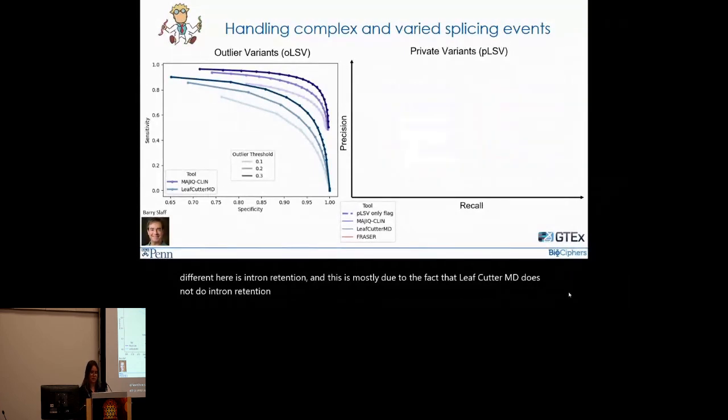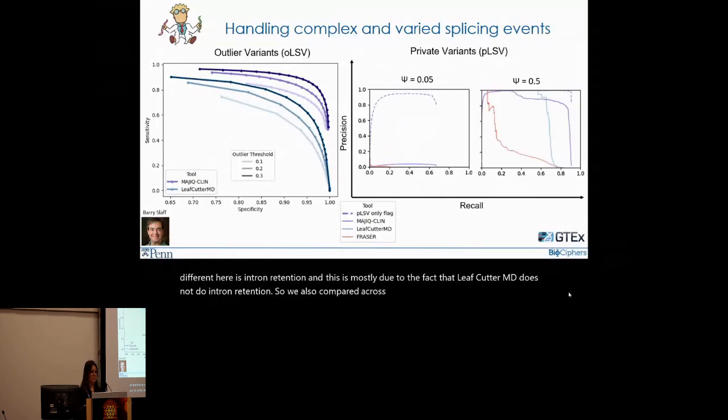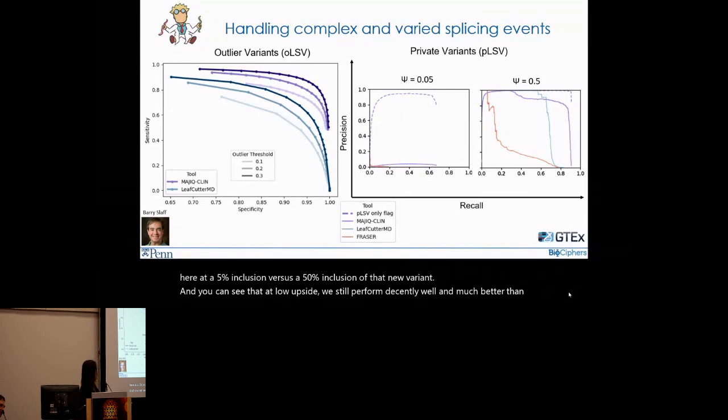So we also compared across different values of psi. So you can see here at a 5% inclusion versus a 50% inclusion of that new variant. And you can see that at low psi, we still perform decently well and much better than the competitors. While when you increase psi, all the tools understandably improve, but I think we can still show that MAJIQ-CLIN performs